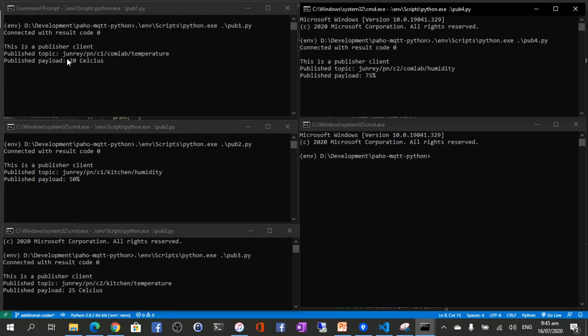So this one, Junri PNC1 Comlab temperature. This one is Junri PNC1 kitchen humidity. The third one is Junri PNC2 kitchen temperature, and the fourth one is Junri PNC2 Comlab humidity. And also you can see they have different payloads, so at least for us to be able to identify them.